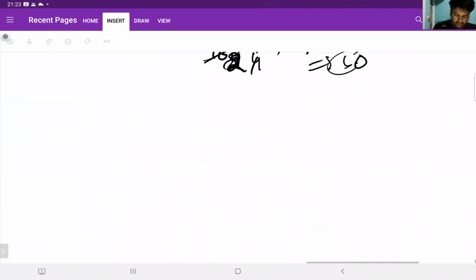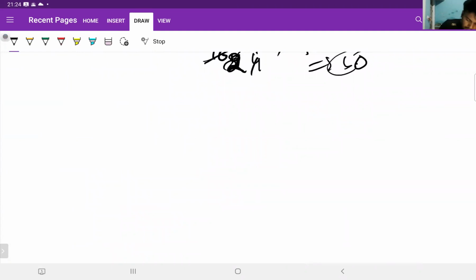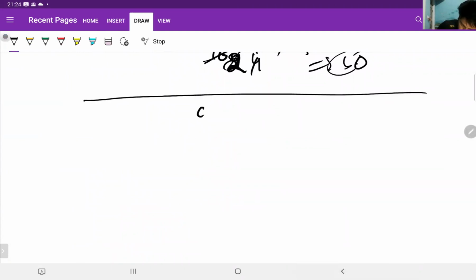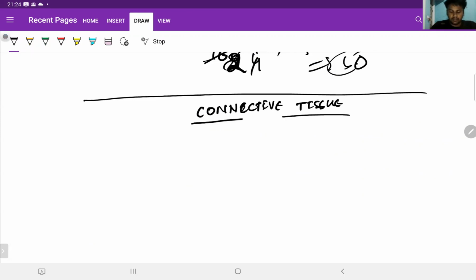So let us begin with it. So today we are going to study connective tissue. In our understanding of connective tissue, let us first of all break it into two parts: connective and tissue. So what is tissue first of all? So tissue, it is a